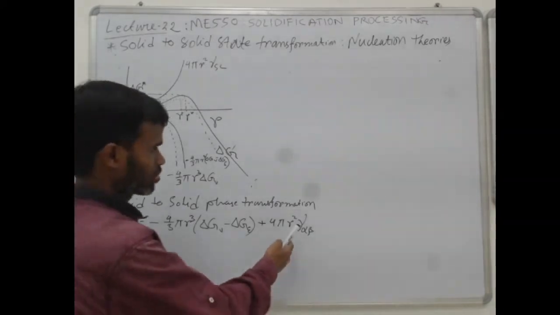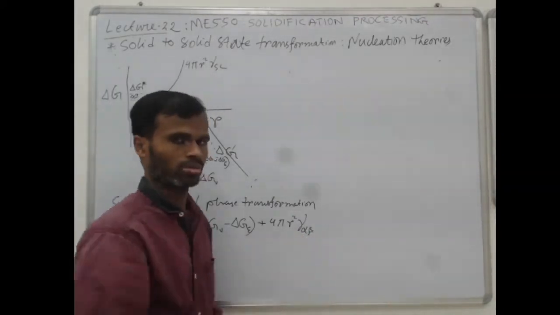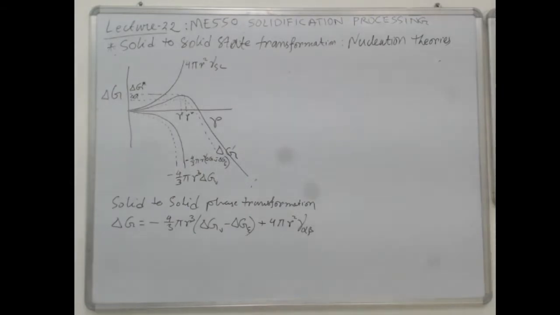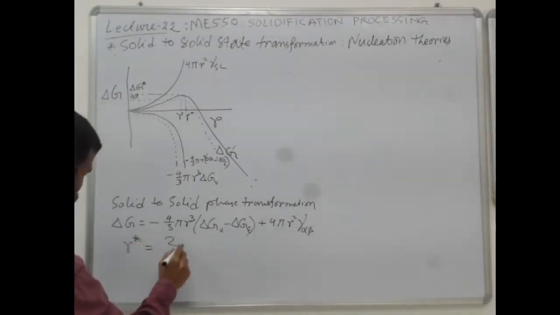Please correct me if I have somewhere mistakenly written SL. So this is the free energy of formation equation, and then we got the equation of r star